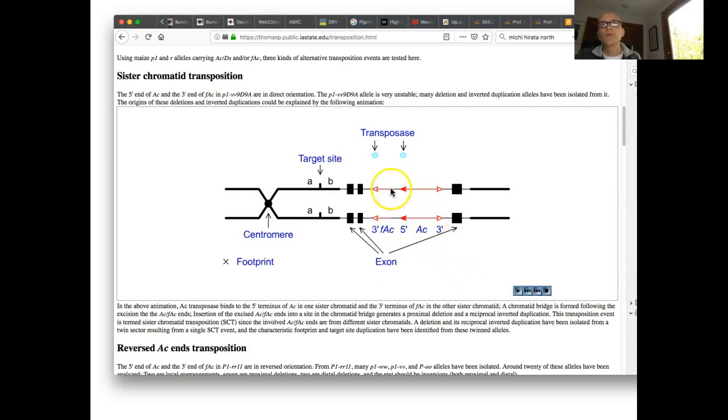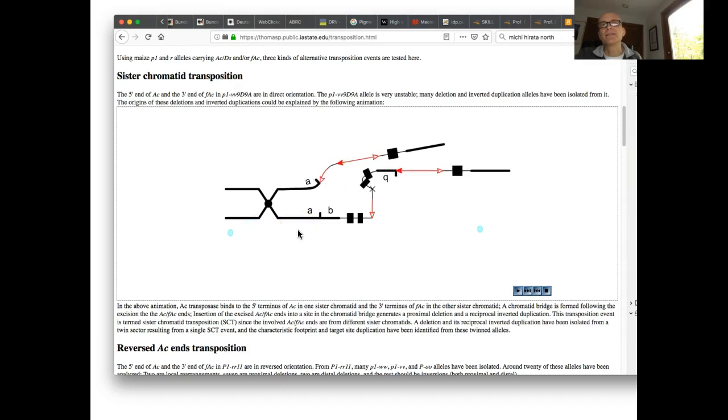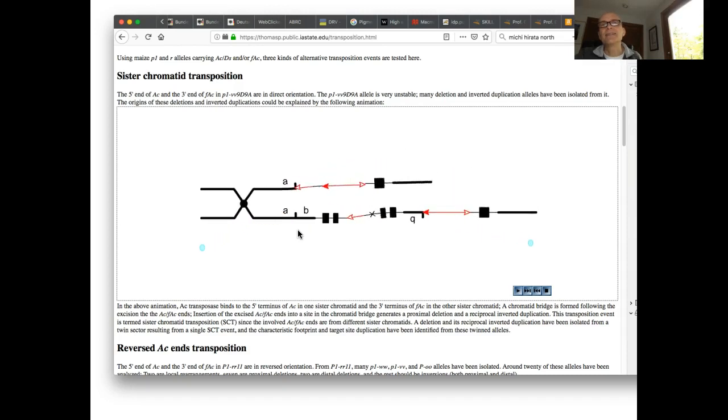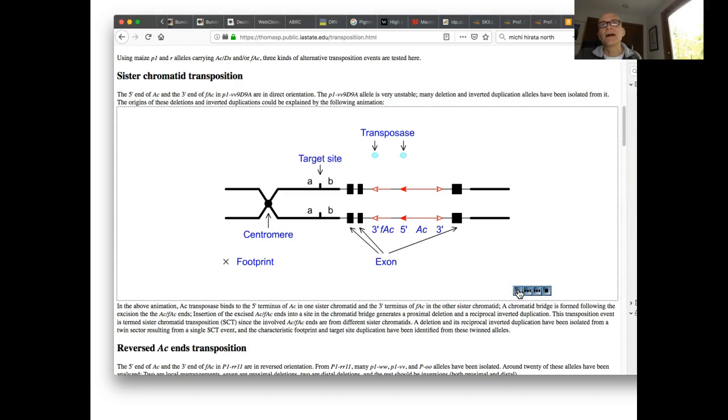So we have the transposons here. The chromosomes look great, right? So here's the transposase. Let's get it started. So here you see that the transposase cut, but it cut on the two different sister chromatids. And see, now we have an inversion of a piece that previously, I'll put this back up so we can